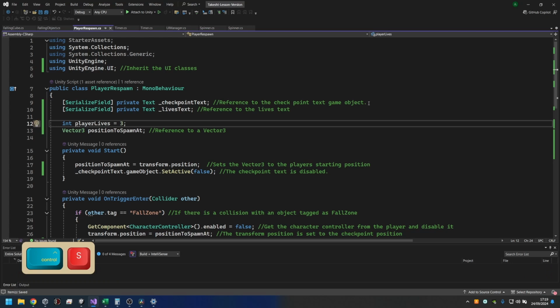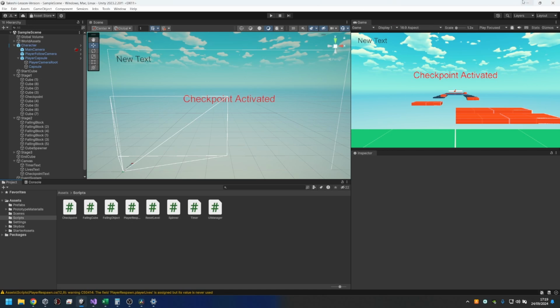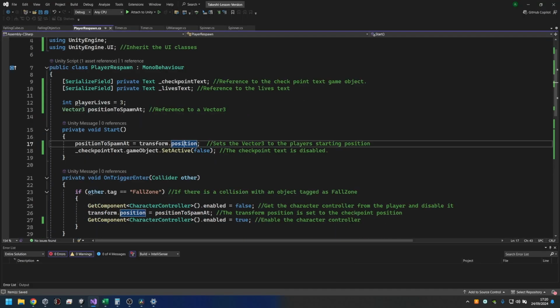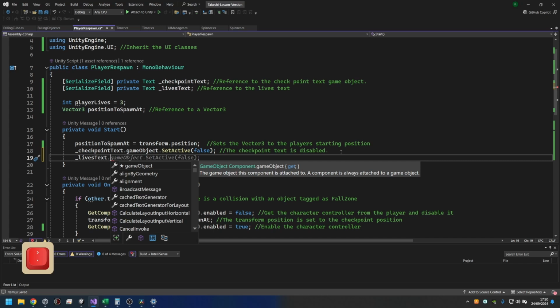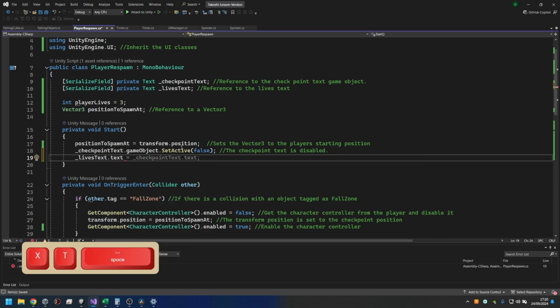So our next task is to actually change the lives in our game display to the number of lives. To do this, we go to our start function and change the output of the text to the number of lives we've got. It's very simple. We just say lives text dot text. So we're getting the text value of the lives text, and it's equal to a string, so you need to use quotation marks. We'll just say lives, space, and the quotation marks, plus